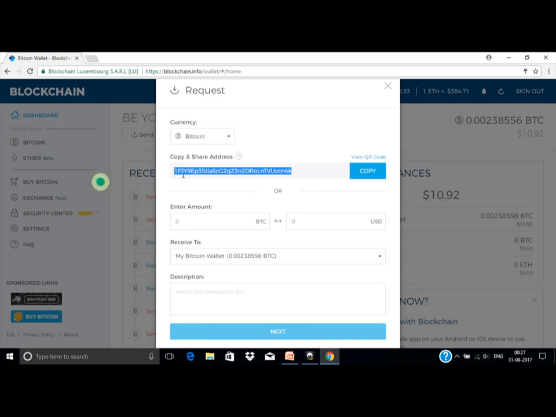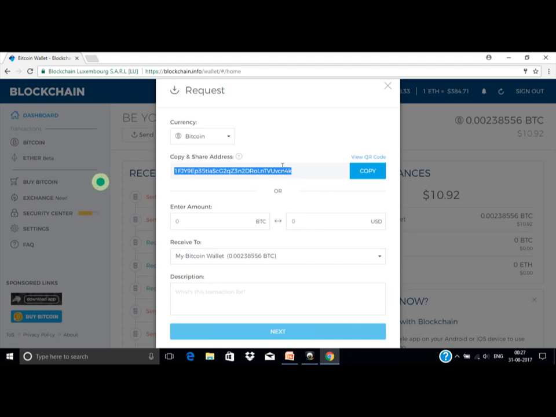This is called a Bitcoin address. It is used to receive the Bitcoins, and you will also need it when you are sending to someone. You will need the Bitcoin address of that particular user whom you want to send the Bitcoin to.